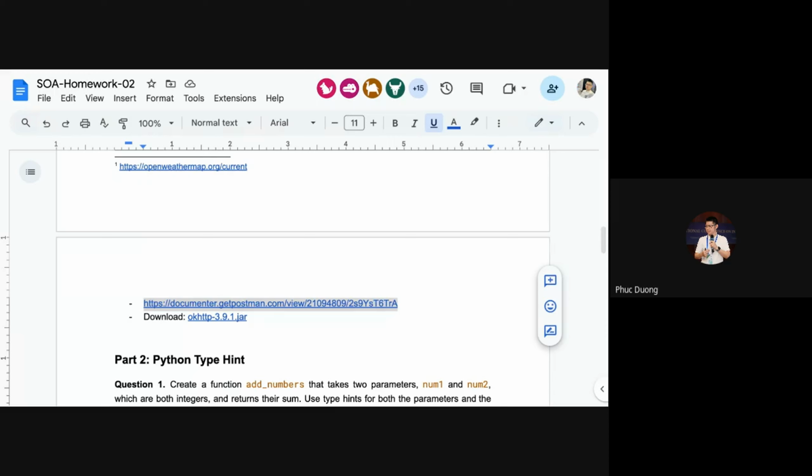Do we know how to use Postman software to generate code? Okay. Let me show you how to do this in Postman.